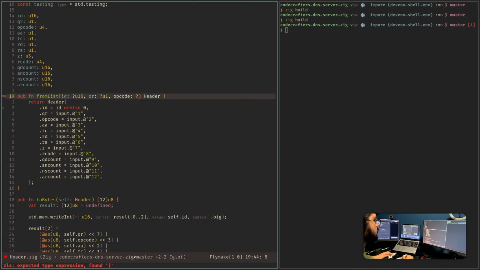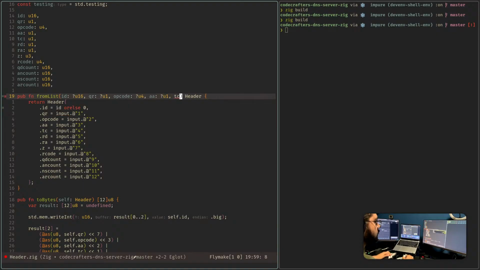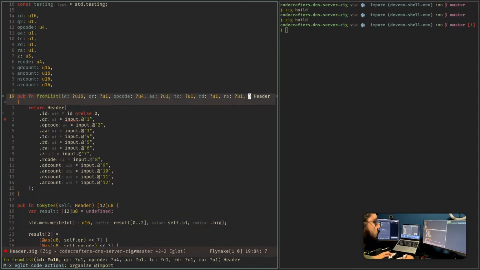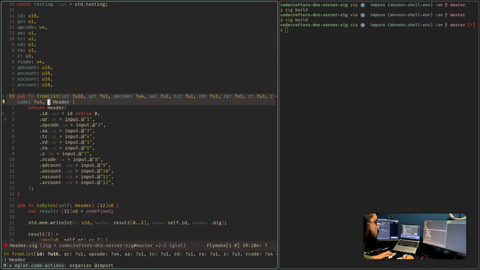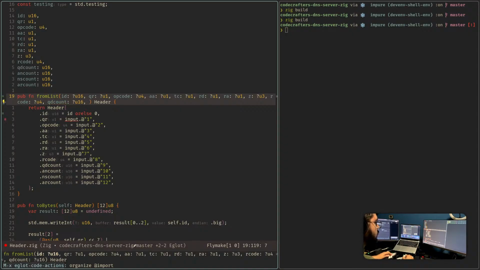Yeah, okay, u4 is u4, AA is u1, TC is u1, RD is u1, Z is u3, RCODE is u4, and QD count is u16, and count